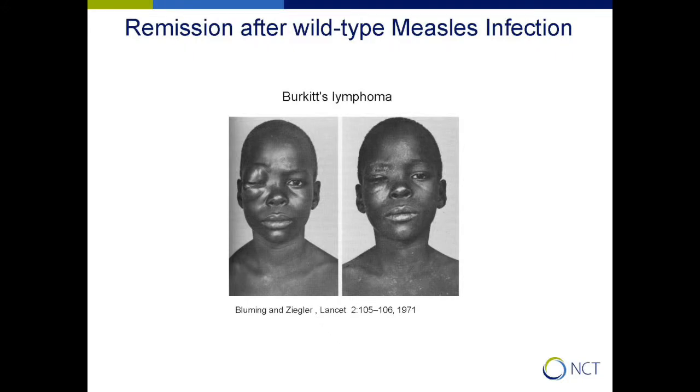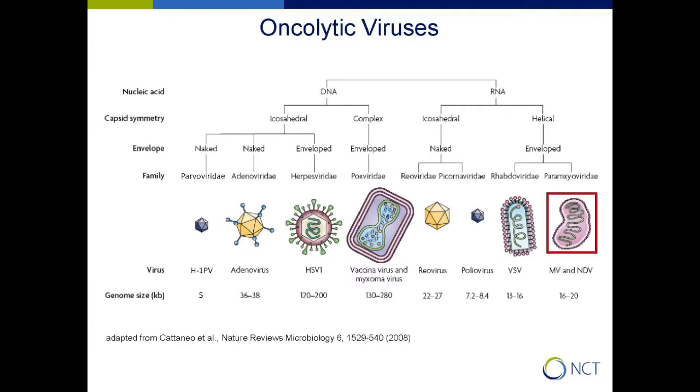Initially, the idea to use measles virus for cancer therapy emerged after clinical observations such as this one. This boy suffered from an orbital Burkitt's lymphoma, and then he acquired measles. You can see maybe the rash here, and the lymphoma went into remission. This was one of the first hints that perhaps measles could affect cancer cells. And this has been developed further, making measles one of the roughly 10 or 12 oncolytic viruses currently under clinical